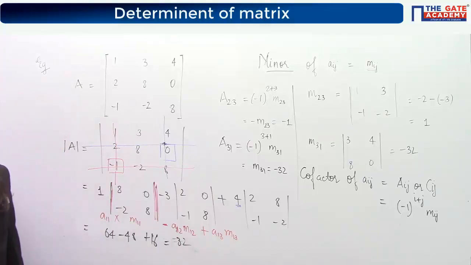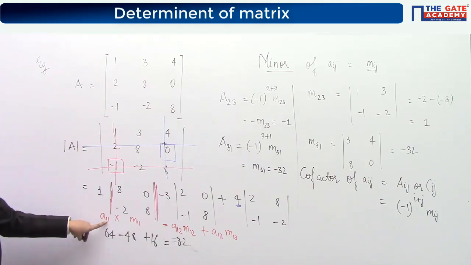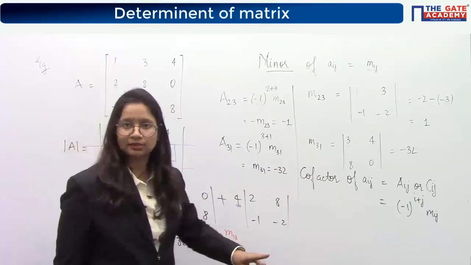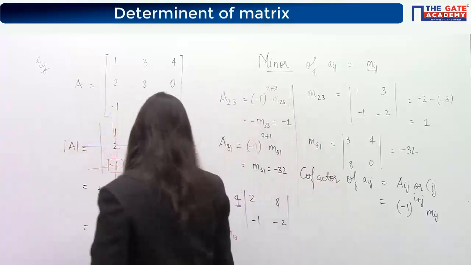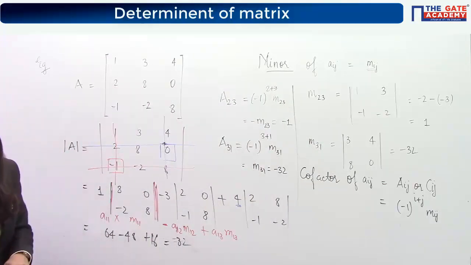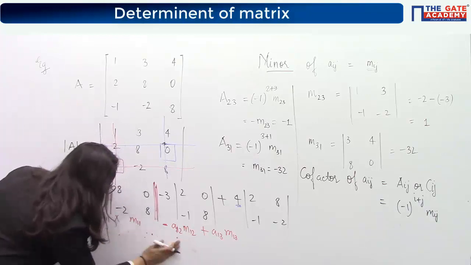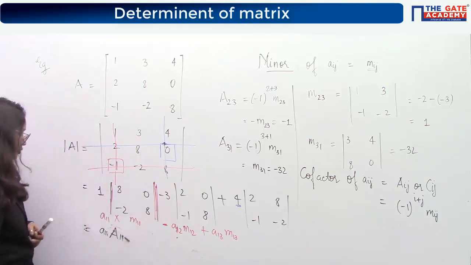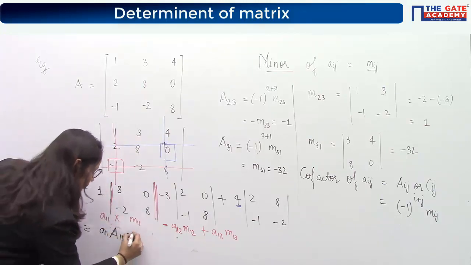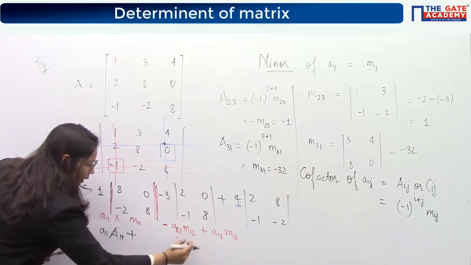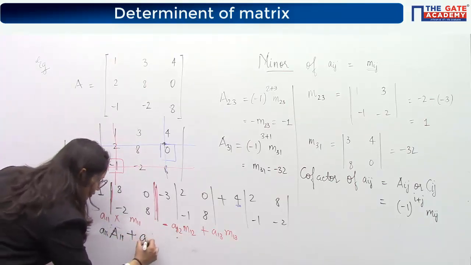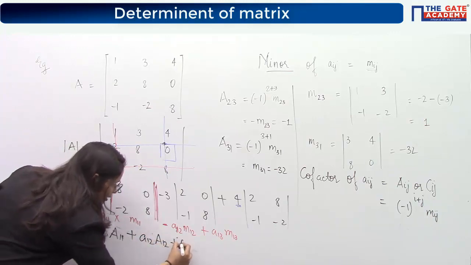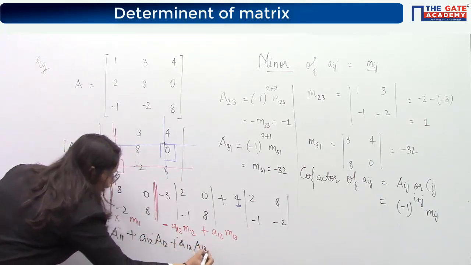M13. Okay. Now, if you look for the cofactors, then the cofactor of this A11 will be directly equal to M11 because 1 plus 1 is an even number. So, I can also write this, I am writing in a black pen, as equal to A11 into the cofactor, capital A11, plus this negative into minus M12. Can I write it as capital A12? And similarly it is A13 and capital A13.